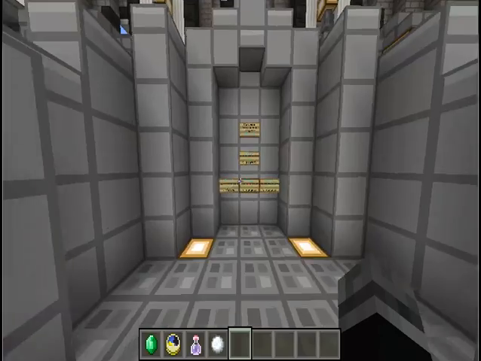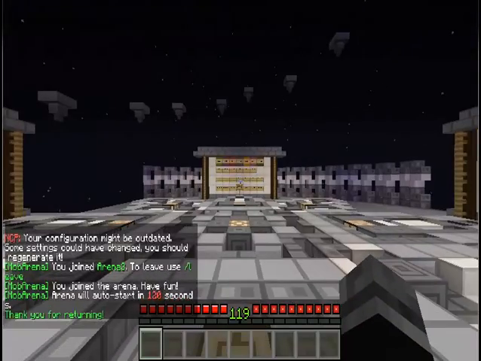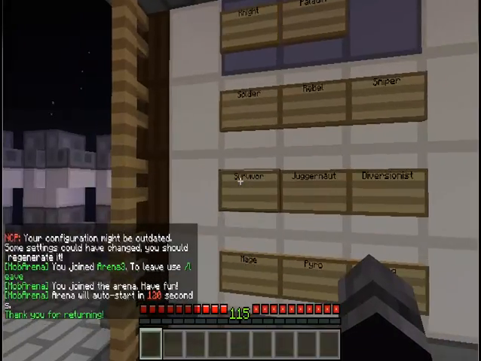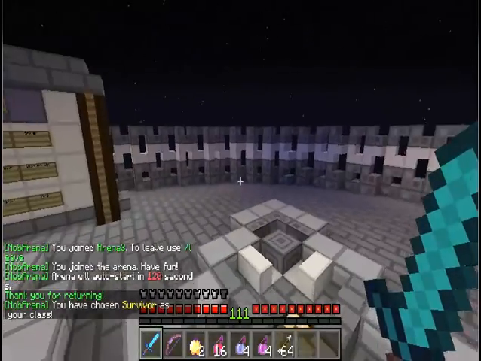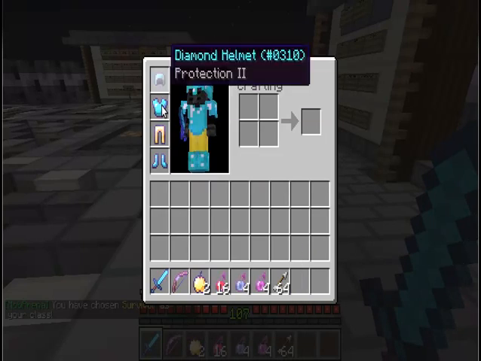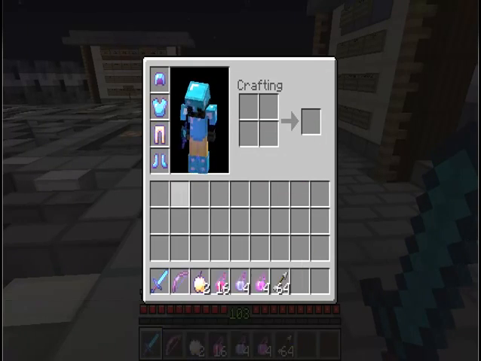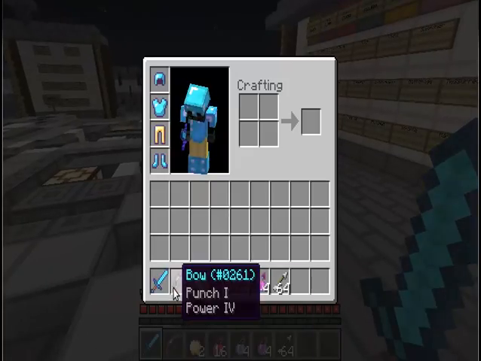And now, I shall show you the class. Let's see, which one was it? Sniper... Survivor, okay. Survivor is kind of like Soldier in the fact that it has Sharpness 3, but I'm thinking it's more geared toward PvP than geared toward mob fighting. Because...